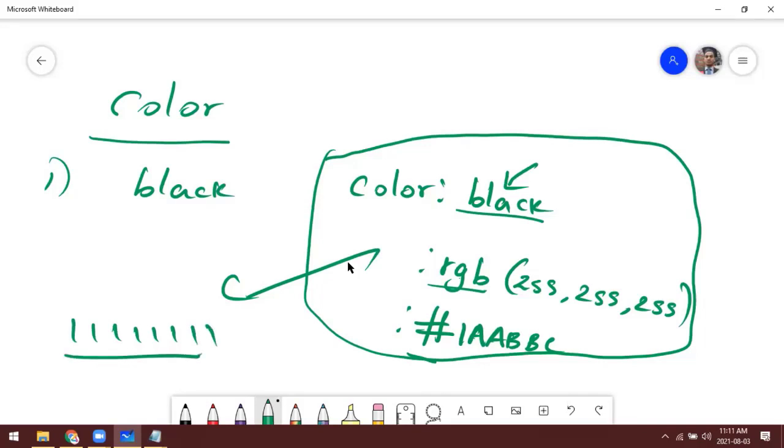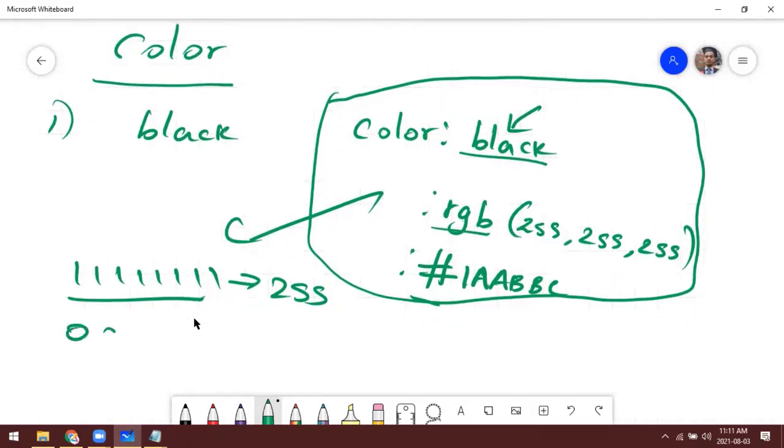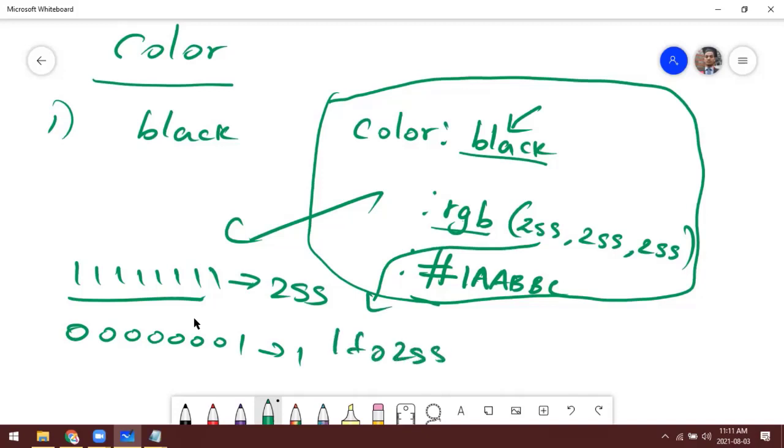So the minimum value is 0. So each value must be between 0 and 255 in the RGB format.